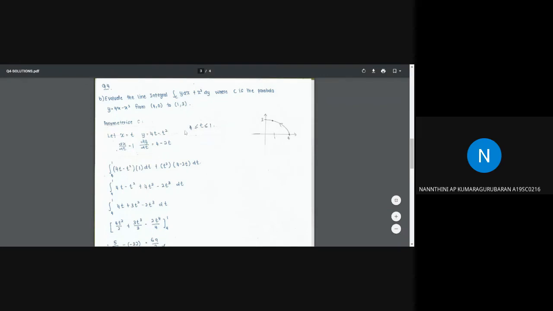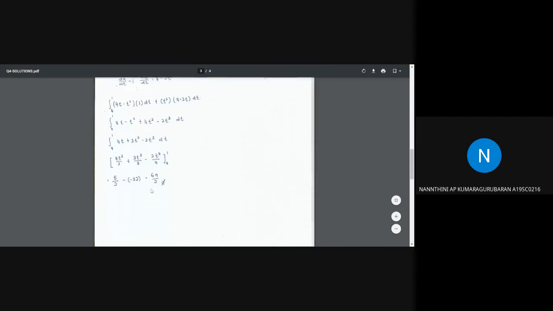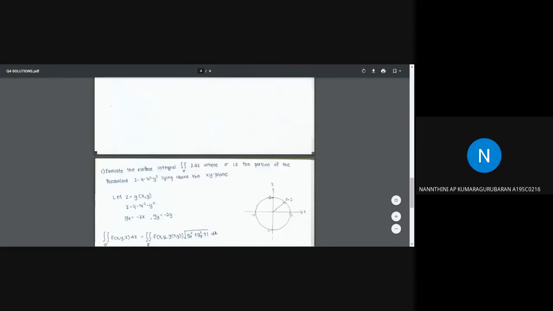Then we just directly substitute the x, x prime and y prime values in this equation with dt, and then the limit should be 4 to 1. We have to take the x value of this one from each point. Then we have to integrate as usual and we get 69 over 2. And then the third question,